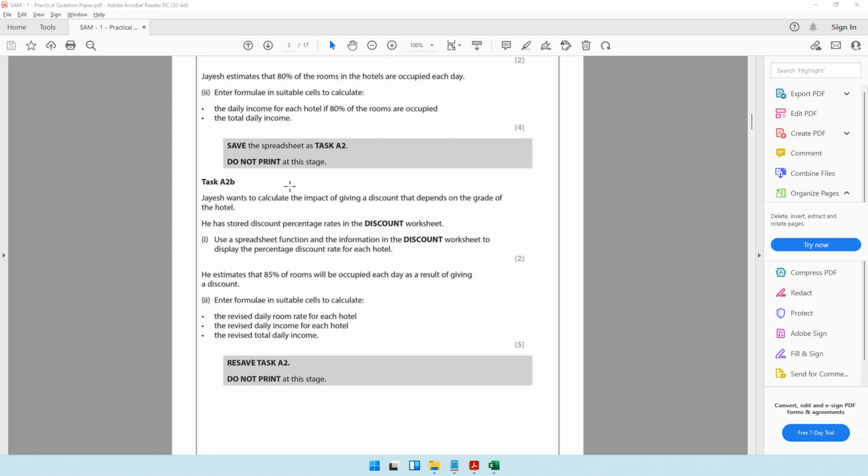Okay, let's continue from where we stopped. So we stopped over here. So let's continue from task A to B, where it says Jayesh wants to calculate the impact of giving a discount that depends on the grade of the hotel. He has stored discount percentage rates in the discount worksheet. So use a spreadsheet function and the information in the discount worksheet to display the percentage discount rate for each